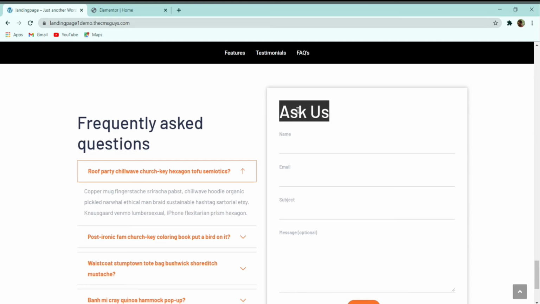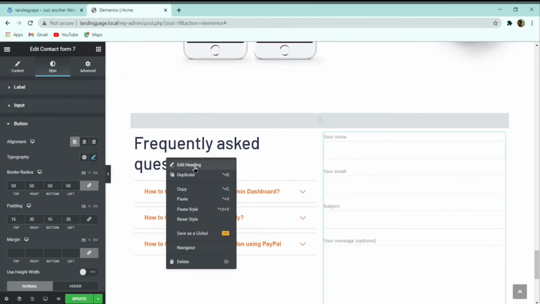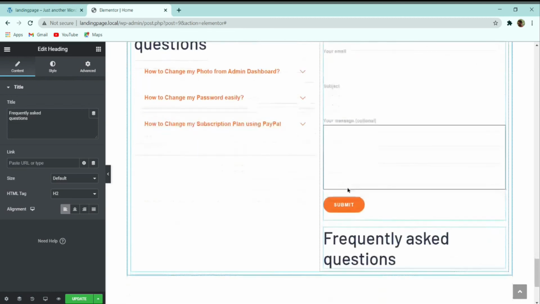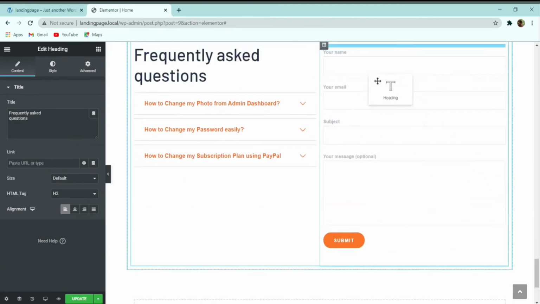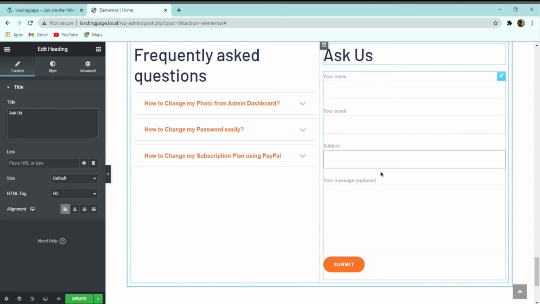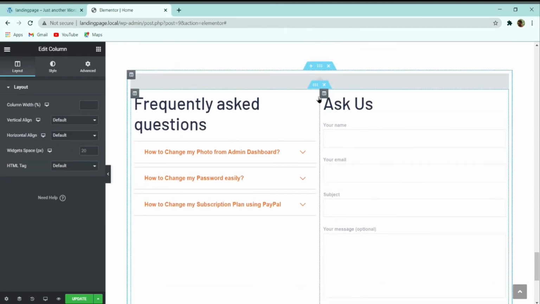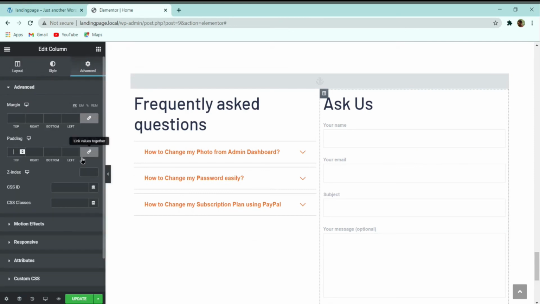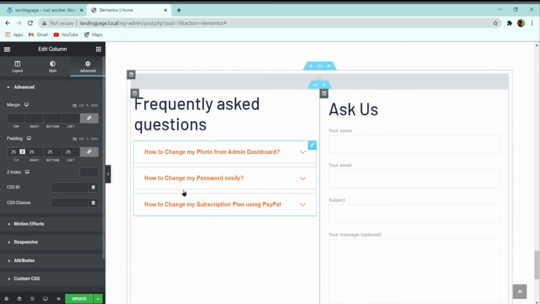So what I can do is simply copy this text from here and paste it here, and let me drag it at the top, and here in the title section I can give it a name of ask us. And then I will go to this column setting, and here in this advanced I will add a padding of 20 or 25 pixel.